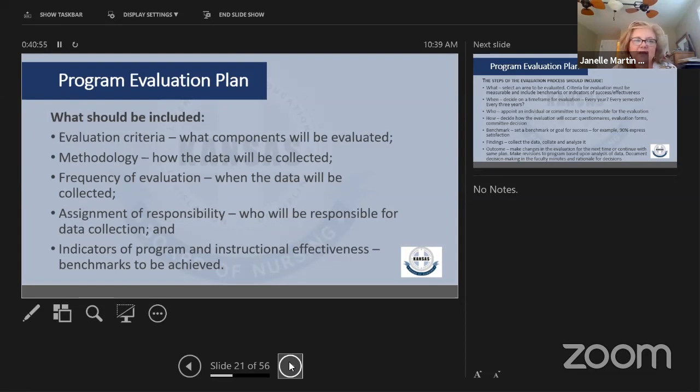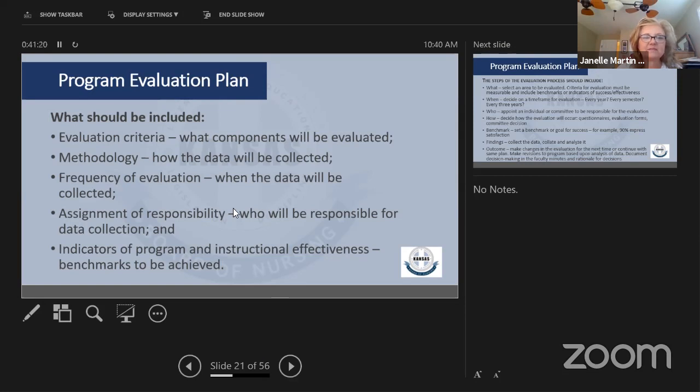So the program evaluation plan, what should it include? You've got to look at what components are going to be evaluated, and you're looking at your whole program. So it's the pieces of your program. It's your overall mission and philosophy. It's your faculty. It's the students. It's the outcomes.